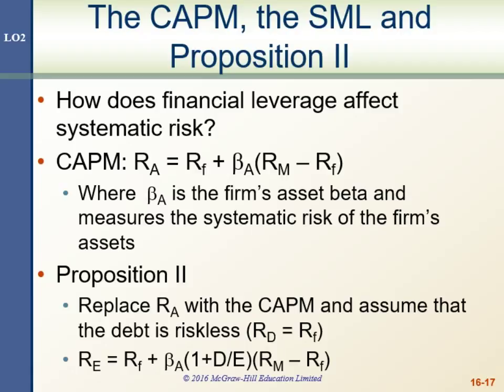So we can see that expressed in terms of the asset beta here in the CAPM equation on the slide. So we have the return on the asset is equal to the risk-free rate plus the beta on the asset times the market risk premium. So beta A is the firm's asset beta. So for any financial security or financial instrument or anything that provides a financial return, the capital asset pricing model applies because the return